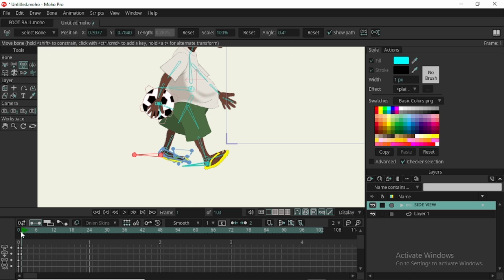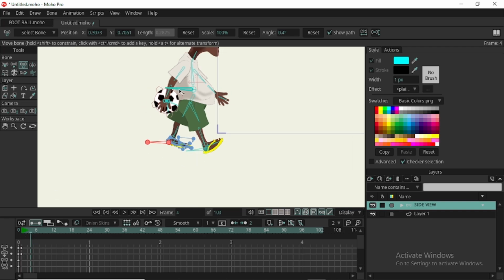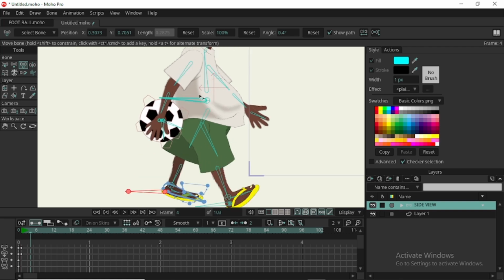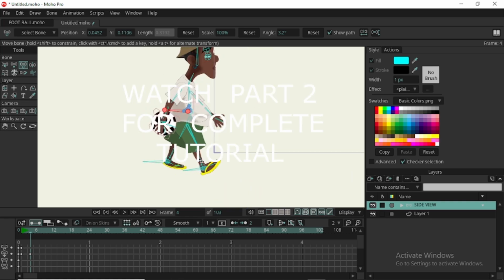The key pose number two, we are going to take our frame to frame 4, which is the down key pose. Okay, we're going to reduce this. Okay, trying to create frame 4, the fourth